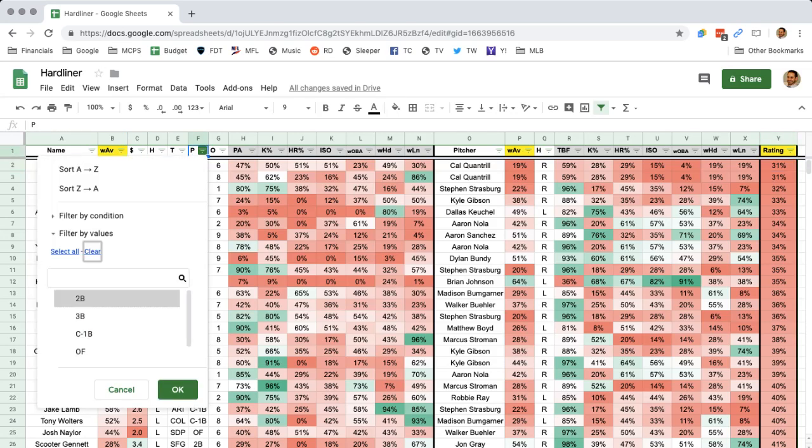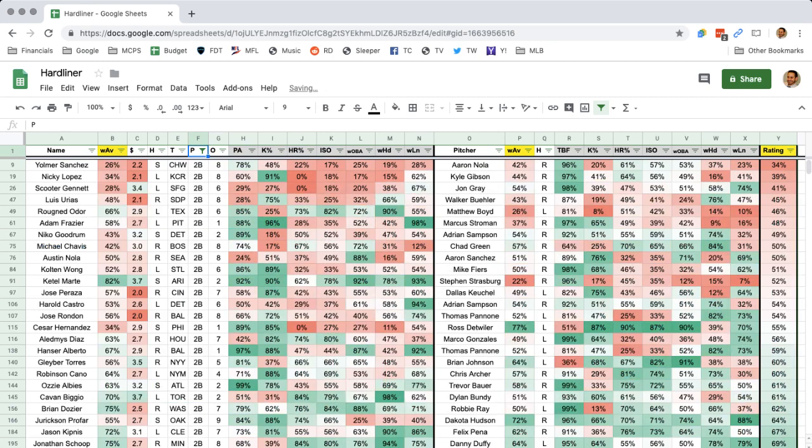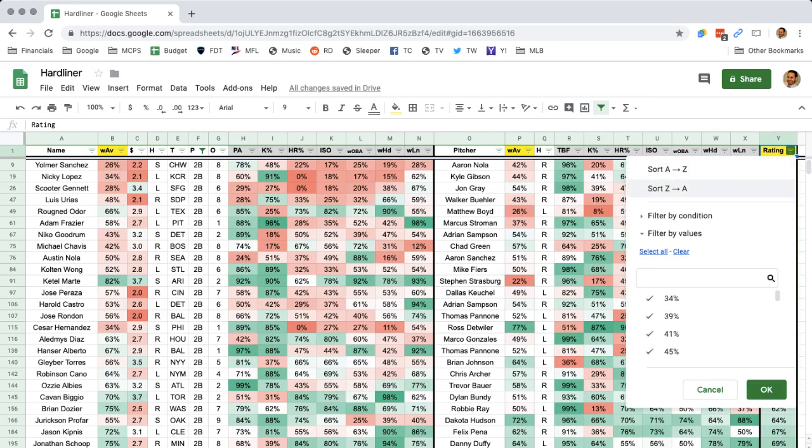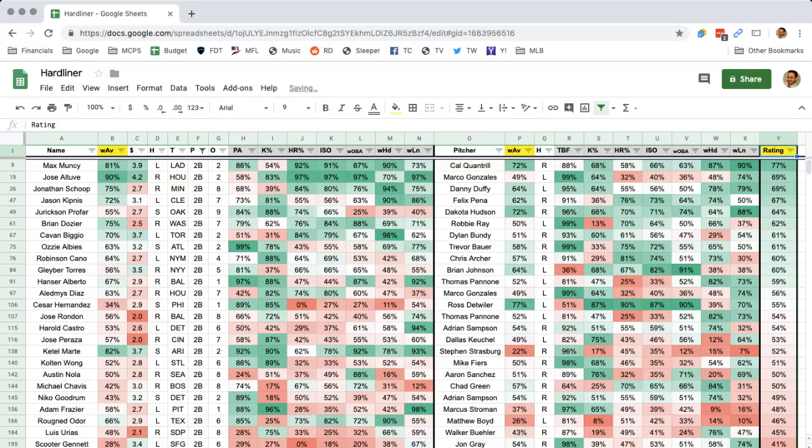Start with second base. If we sort by rating, Max Muncy, outstanding matchup, 77% against Quantrill. Altuve, also an outstanding matchup, against lefty pitcher Marco Gonzalez.